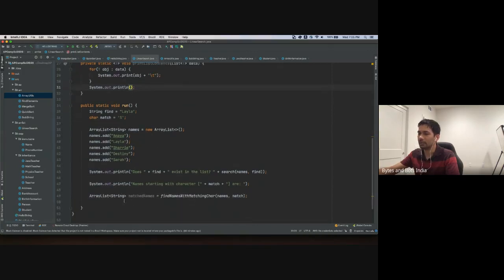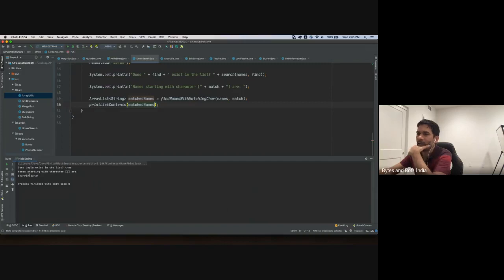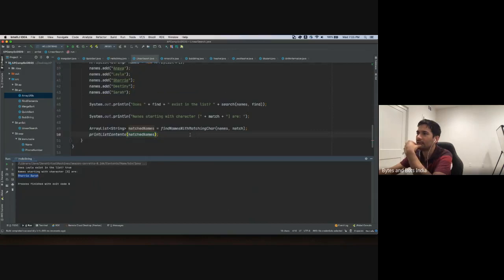Now let's call that method and see what output we get. So we call list contents, and we'll pass in the matched names. Like this. Once we have written that, let's go ahead and run the program. So there it is. It matched two names, Sherry and Sarah. They all started with